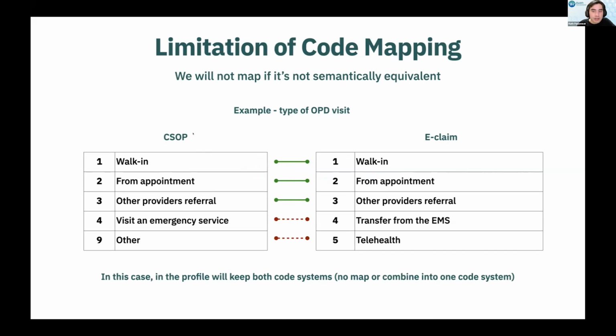Both the CSOP and the e-claim have this data field, and both of them bind to different code systems. It's a local code in the data set. The first three are the same, but the last two are not the same, and they're not mappable, even by a human. Because if this one is transferred from the EMS, it might be mappable to visit and emergency service. But visit and emergency service doesn't mean that it has to be from the EMS,